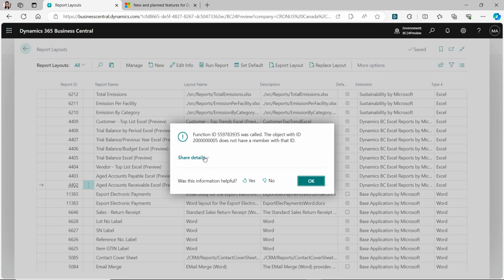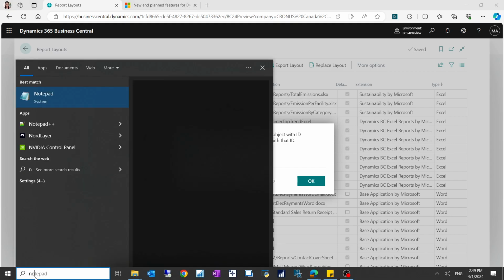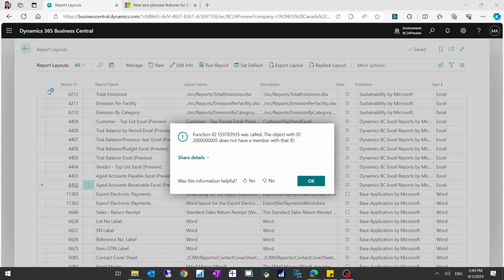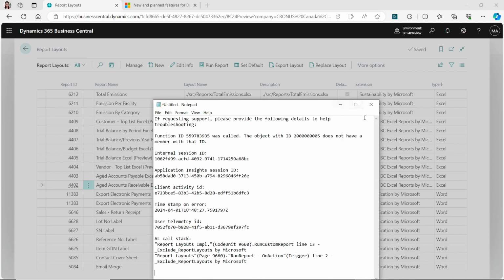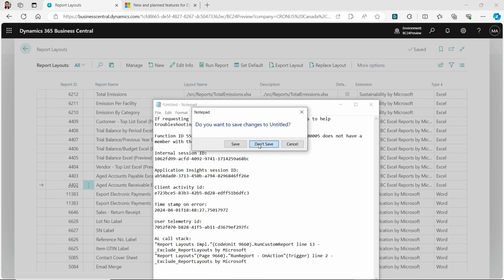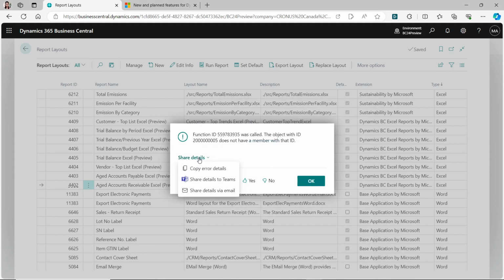If you're getting an error, then you could see there's a share details button here. Then you can click on this and you can copy the error, and then you can paste it in a notepad, send it to your developer for investigation. So I can paste it like this. In the past you could do that by a button saying copy details, but now